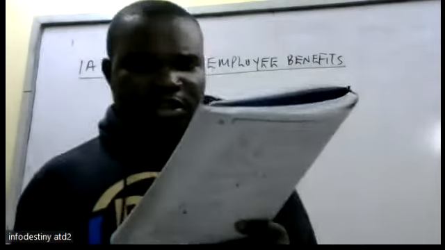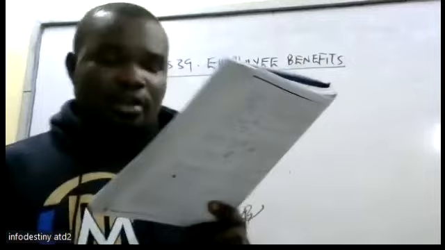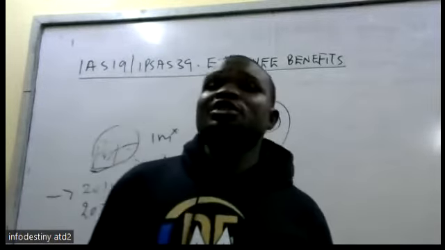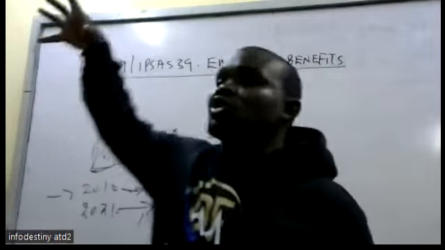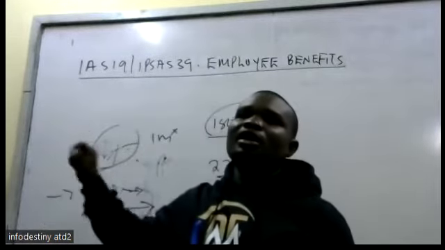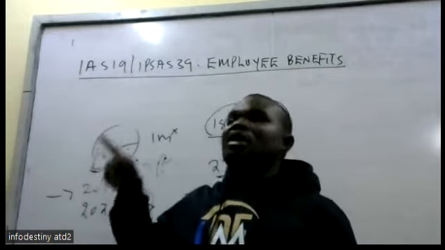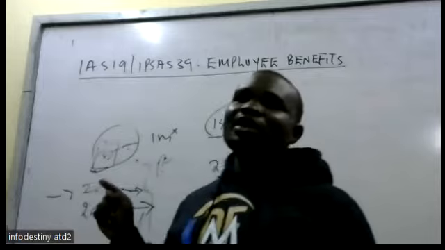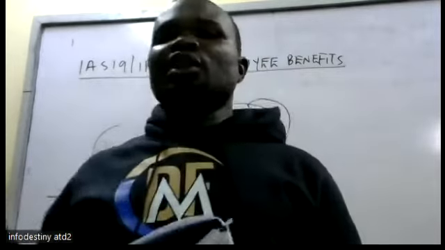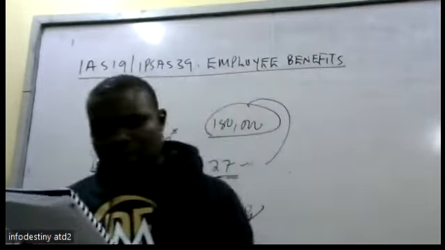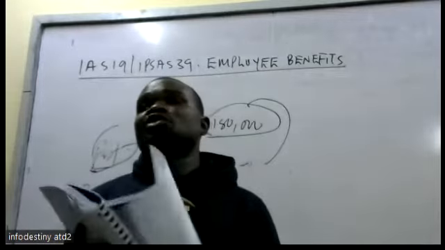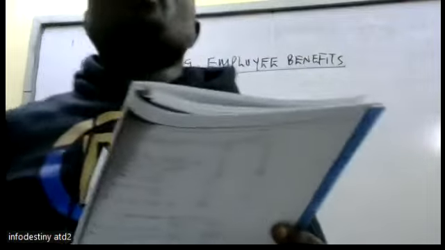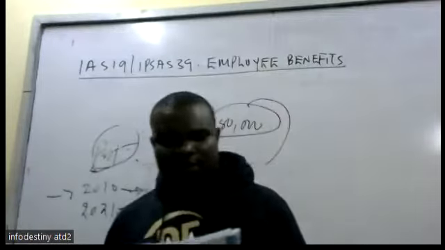Interest cost component is an expense to the employer, while the expected rate of return is recognized as what? Income. For the contribution you have in the scheme, we are given interest on top. But if you have failed to service the scheme, you have debts there, and that debt is also charged what? Interest. So interest on the obligation we expense, while interest on the assets we treat as expected return, which we recognize as income.